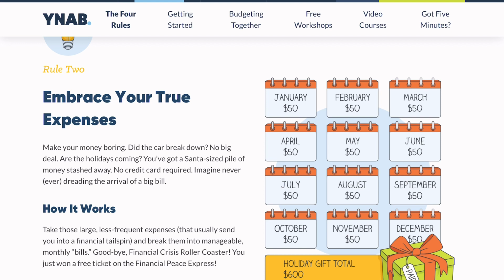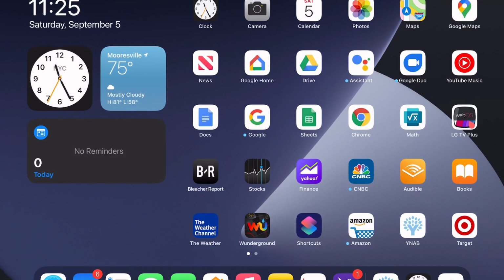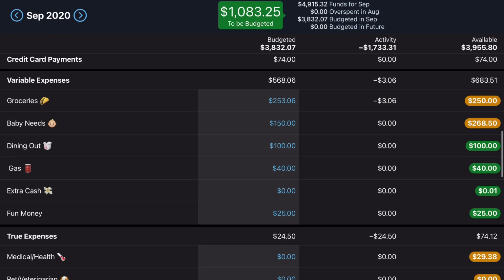you keep that same amount of savings going throughout the rest of the year, you'll have a pot of money to spend on your holiday expenses instead of having to budget quickly in December and coming up with a whole bunch of money at the end of December for all of your gifts. And this basically will just break them down into a manageable monthly bill that you know you're going to be spending at the end of the year. So now that we dove into a little bit of what true expenses are,